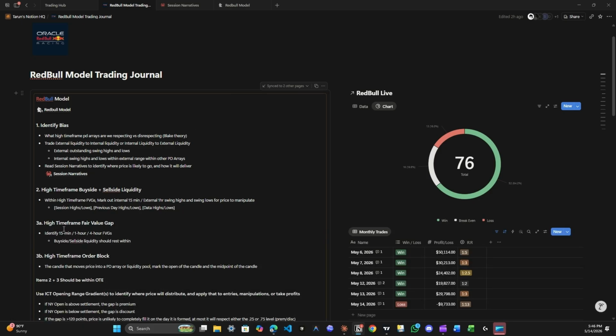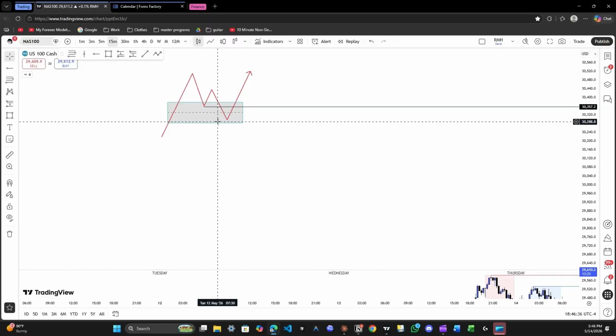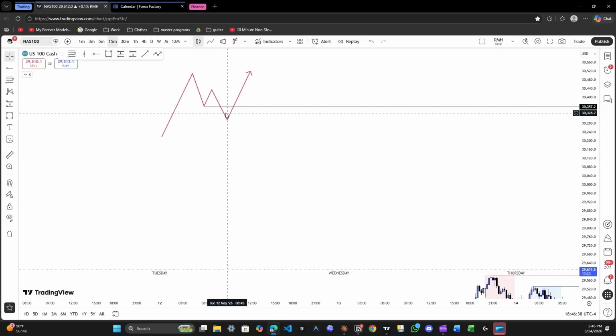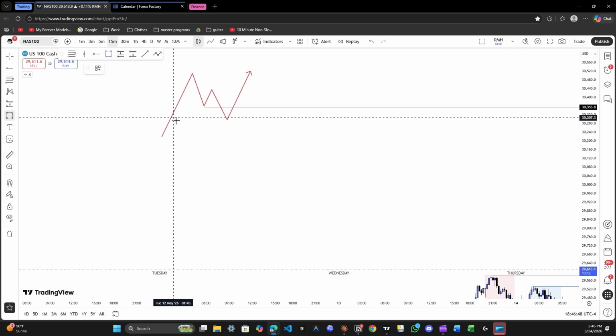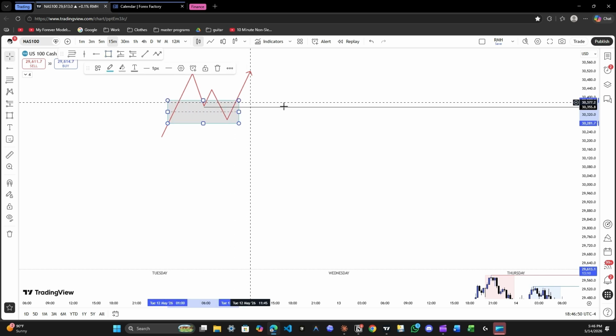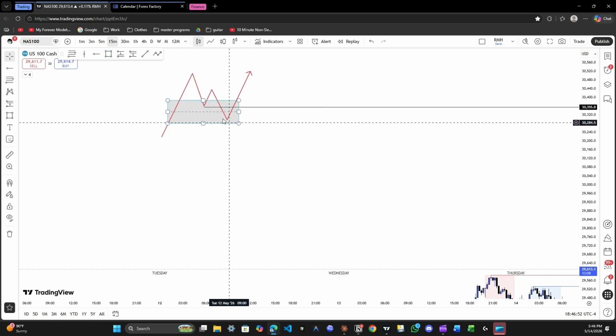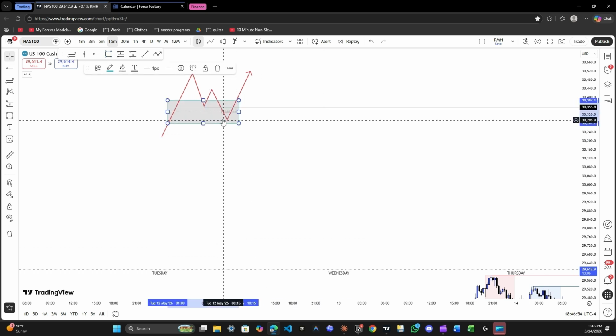Then high time frame fair value gaps. Typically, we identify the liquidity first because that's always the easiest to find. We've identified the liquidity on the 15-minute, 1 hour, or 4 hour time frame, and then we look at those similar time frames. It doesn't always have to be on the same time frame, but still high time frame for a fair value gap, order block, any sort of PD array to reinforce this, to layer on the confluences